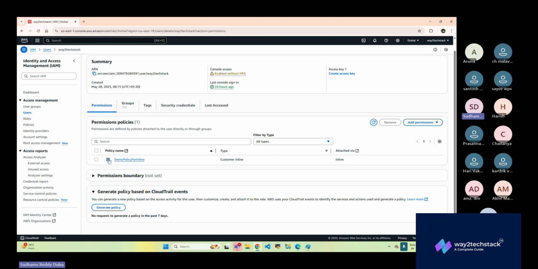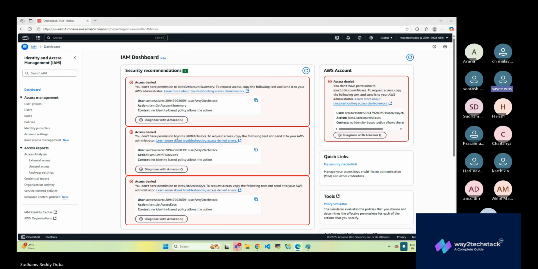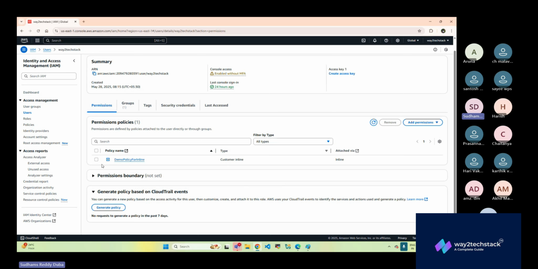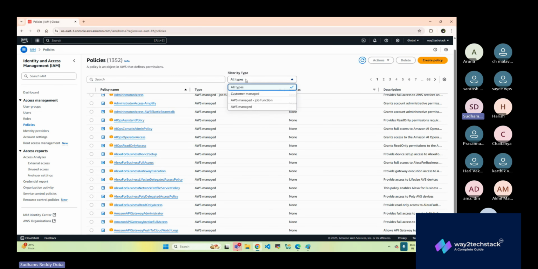Now, can I attach this policy to another user or another group? I'm saying it's not possible. Sorry? We can try to add it to the other user, right? How? Just tell me where the option is. When you create a policy here, it will not be visible here. For example,